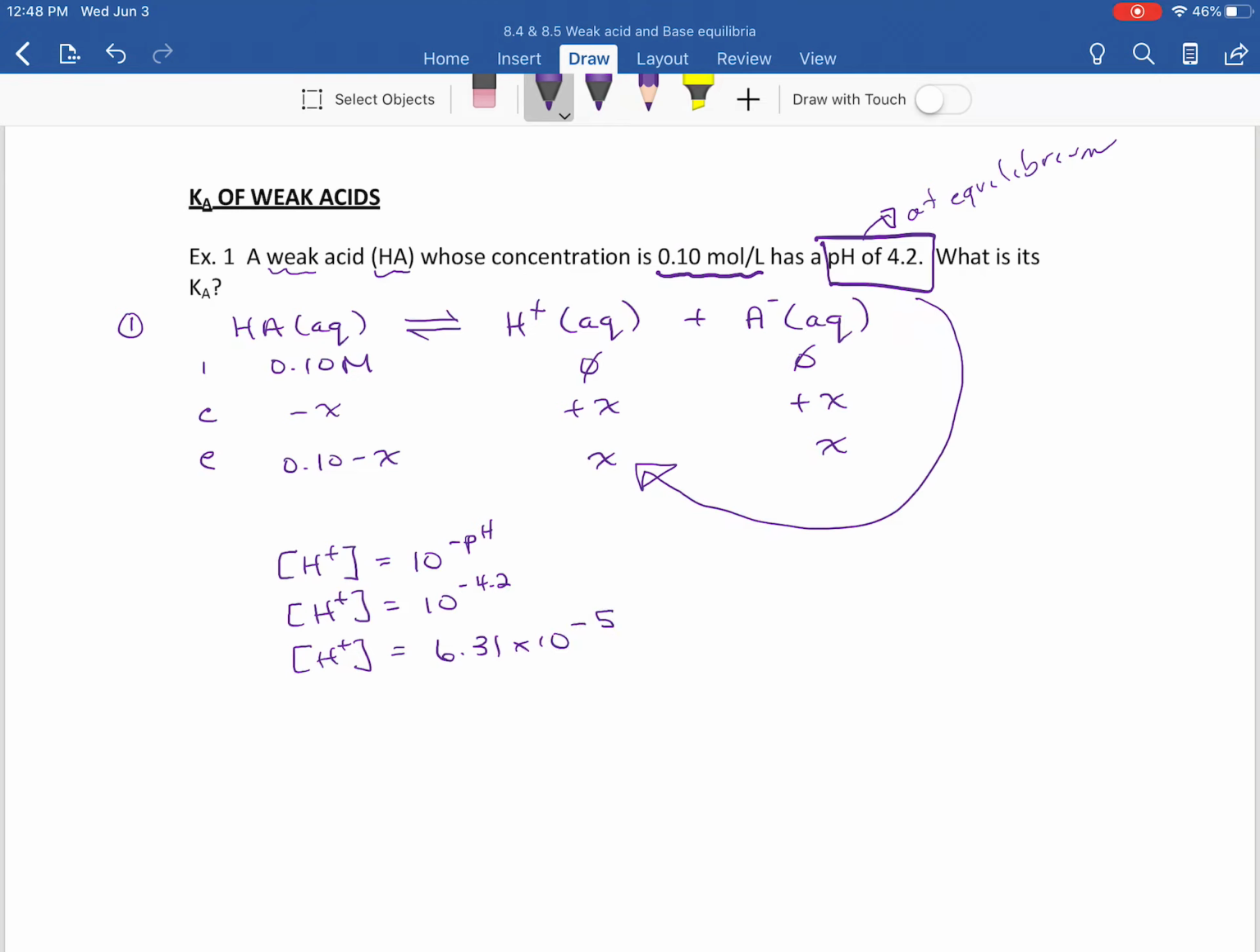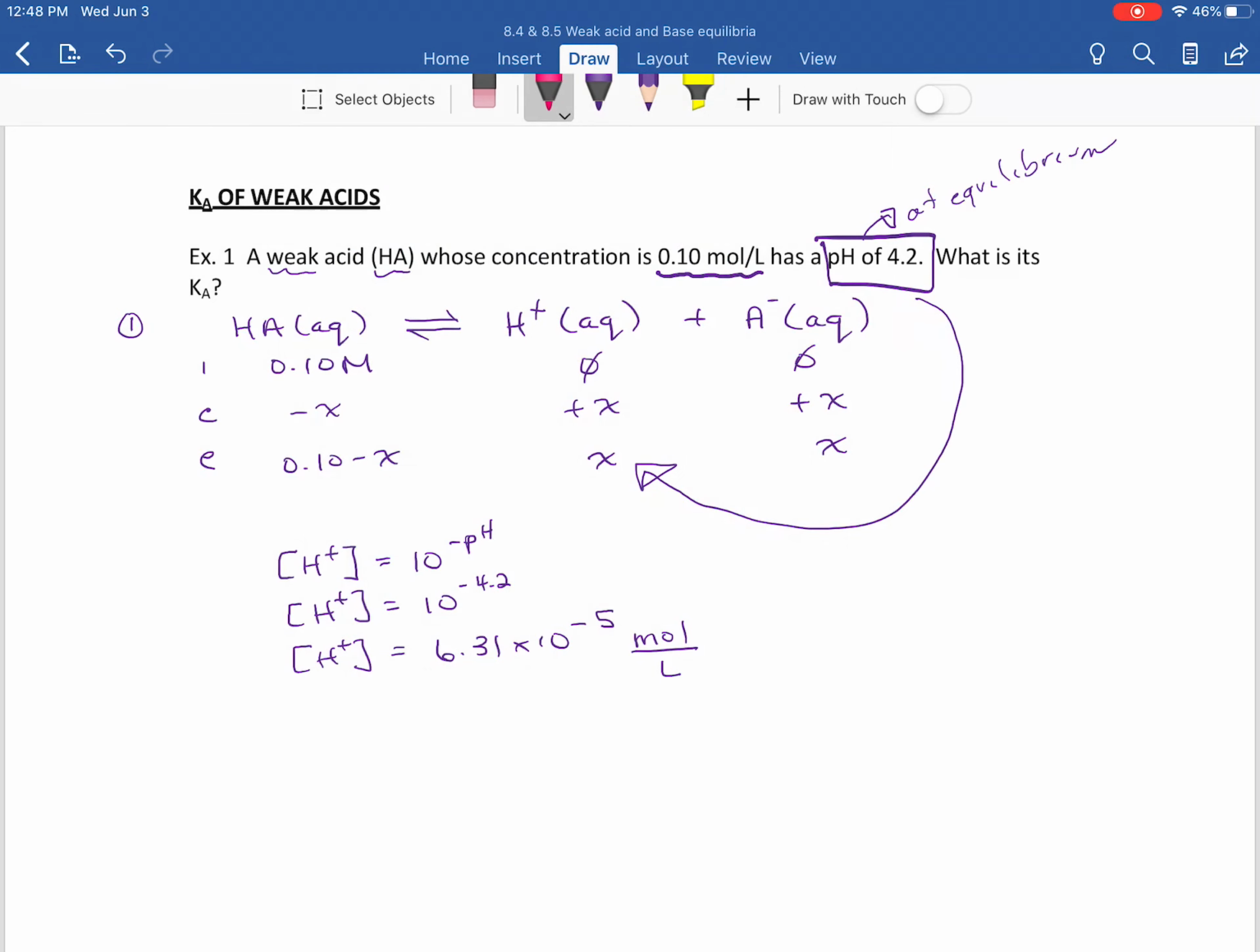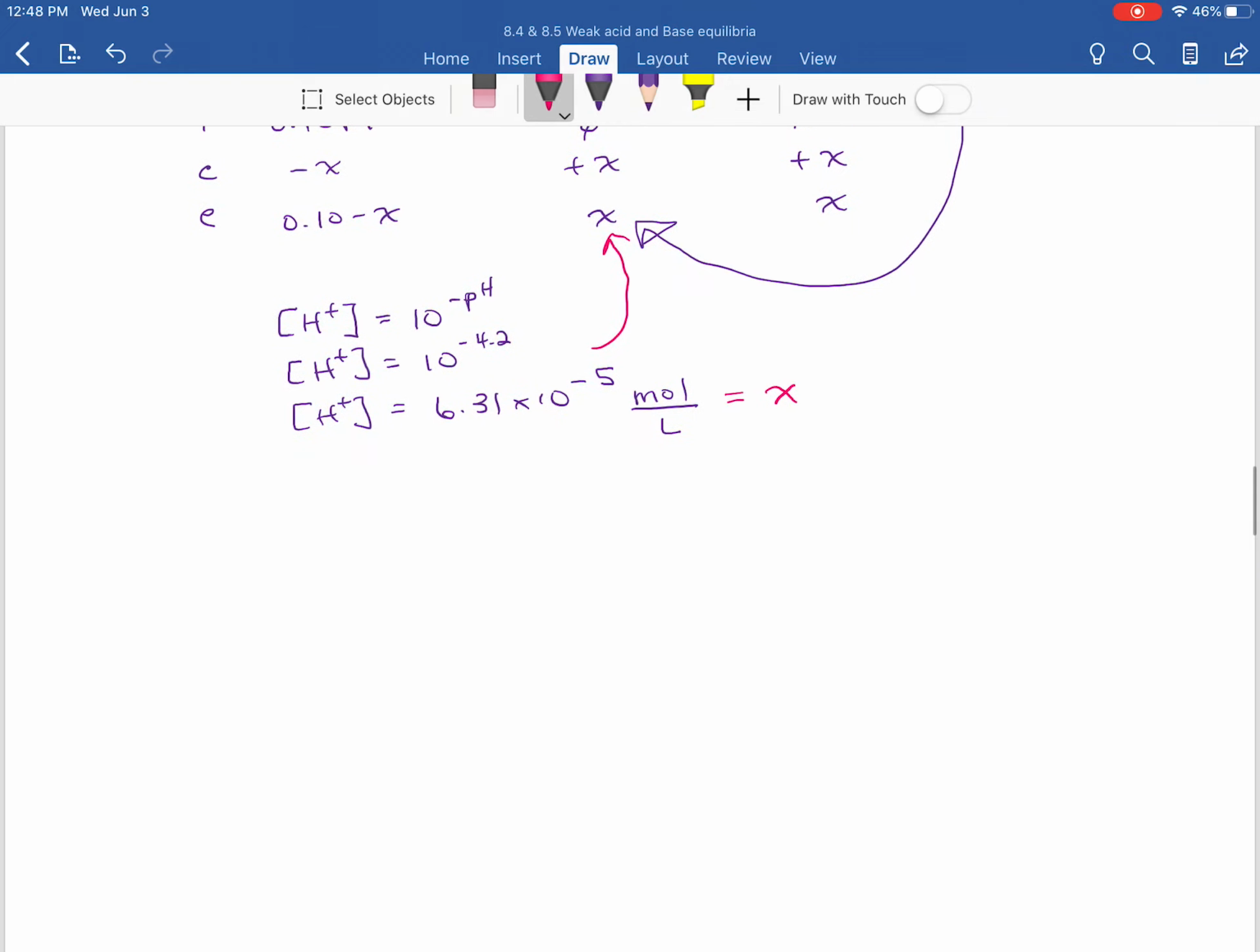So when I plug that in, I end up getting 6.31 times 10 to the negative 5. And since it's a concentration, it's moles per liter, okay? And that's what x is. So we can use that for x. Now that we know what that is, we can figure out something else. I'm just going to scooch this up. So I know my Ka